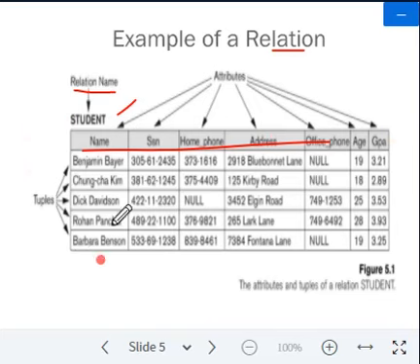Then we have a set of records. Each row in a table, or each record in a relation, we call a tuple. Under each column header we again have a set of values. So this is about the relation. Clear?